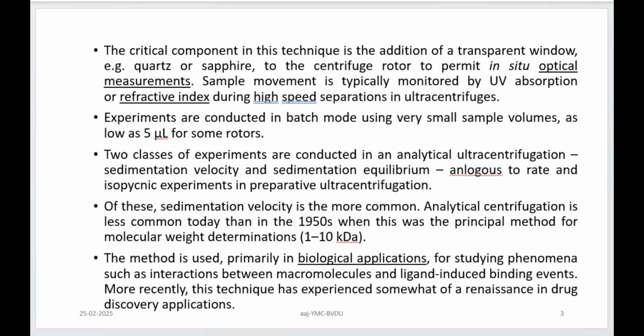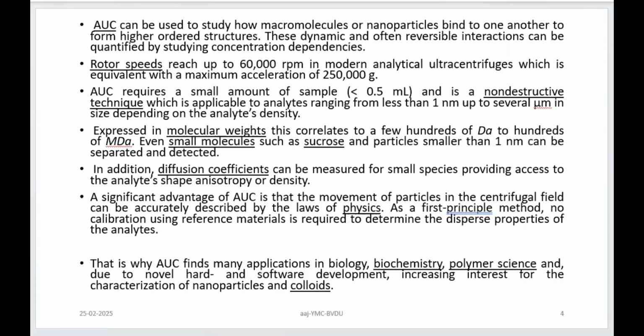Now, when it comes to the ultracentrifuge, which is for analytical purpose, it has applications in the study of nanoparticles as well. So, reversible interactions, when you talk about, may it be nanoparticle based or may it be simple biological processes as happening in the cell or outside the cell with the help of catalysts, proteins, DNA, etc. So that can be characterized, and the reversible interactions also can be quantified.